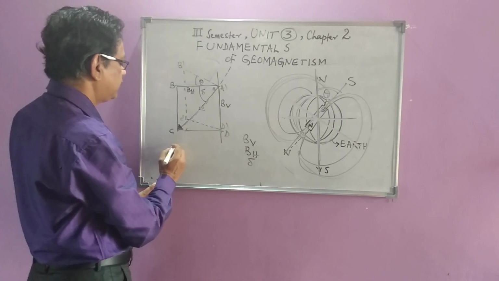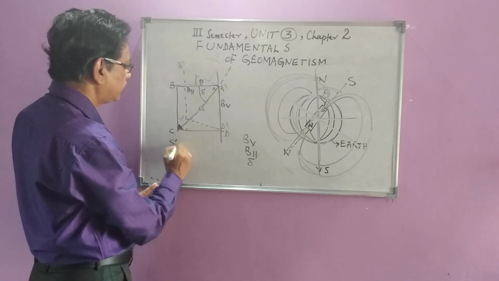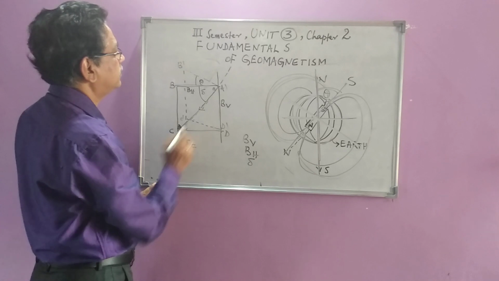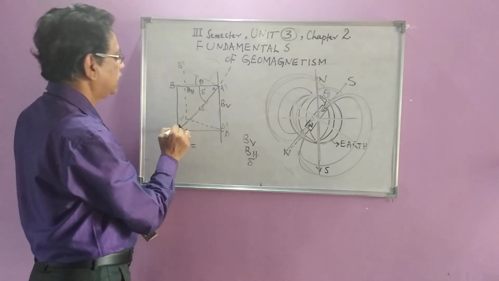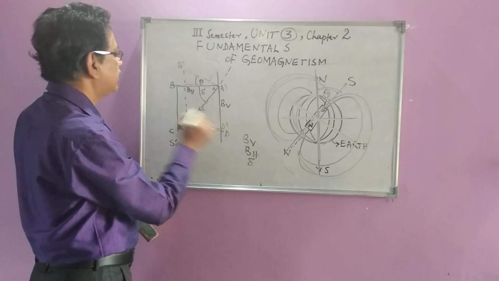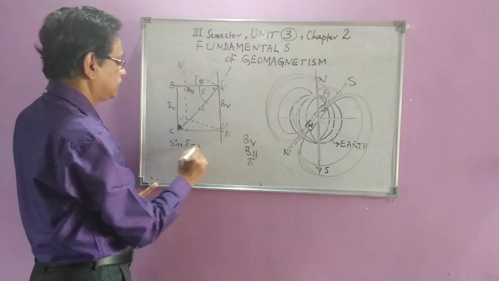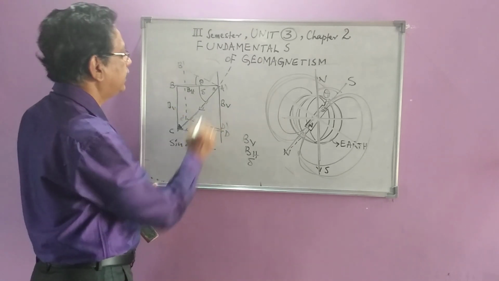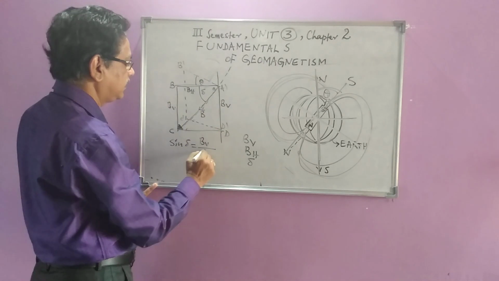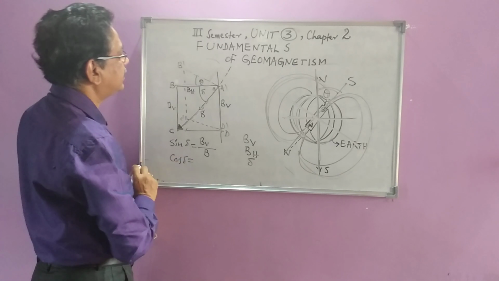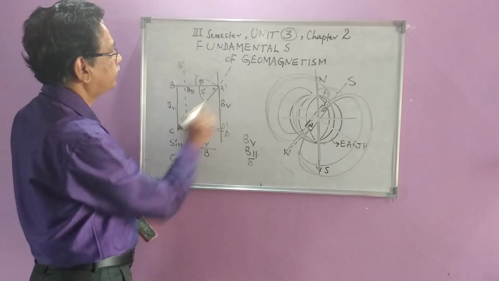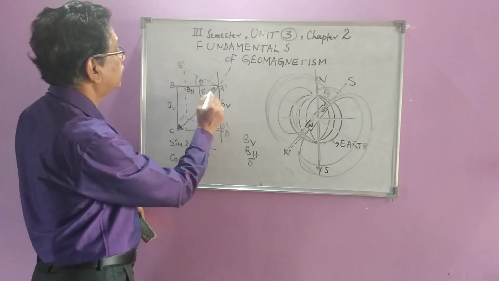From this I can write sine delta will be equal to BV divided by B, where B is the magnetic field. So sine delta is BV by B. Similarly, cos delta value will be equal to BH